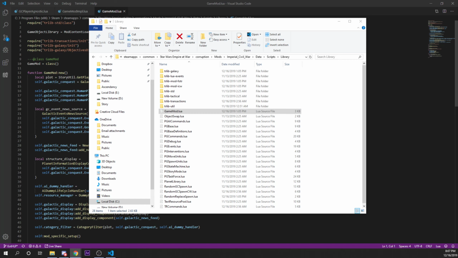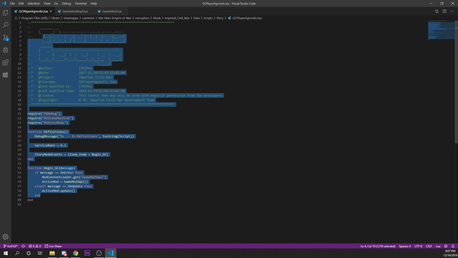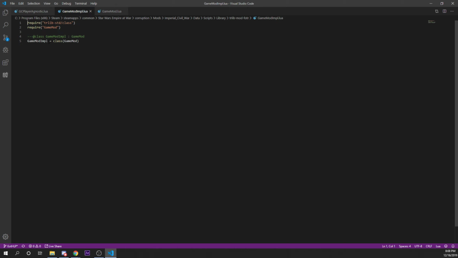So in Thrawn's Revenge, meaning both Imperial Civil War and Fall of the Republic, we have, as you can see here, every Galactic Conquest runs off of this script as well. So we have a background script that handles a lot of our additional systems, and this is where a lot of the new features get plugged in. So we're going to be starting off by working in here. Well, not in this specific file, but this is what it loads, which goes into the game mod implementation, I think is, or implementer or something. I'm not sure what Pox was trying to abbreviate with this, but